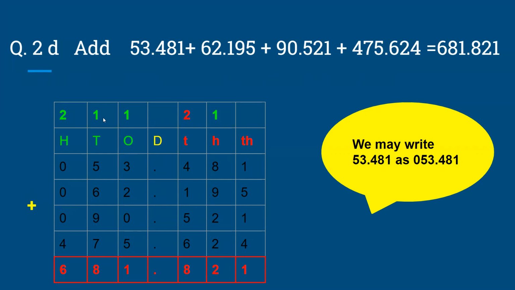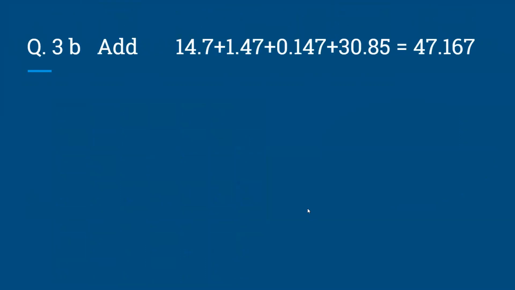Now 5 plus 1, 6, 6 plus 6, 12, 12 plus 9, 21, plus 7, 28. 8 is the tens and 2 we will carry towards the hundreds. Now we will add the hundreds, 2 plus 4 equal 6. So in this question, we make all the digits equal by adding the zeros. This is the second type of sum. Now let's go to the next sum.